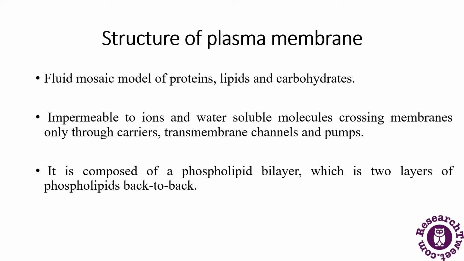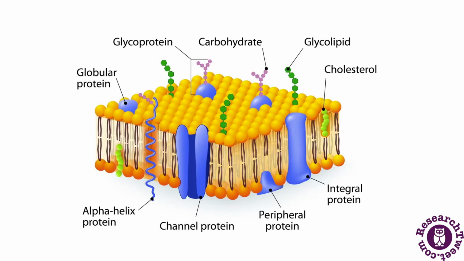In addition, the plasma membrane has a lipid layer, cholesterol, sitting between the phospholipids, which maintains the fluidity across a range of temperatures. The plasma membrane also has membrane proteins, including integral proteins which pass through the membrane and act as membrane transporters, and peripheral proteins that attach to the sides of the cell membrane. It is selectively permeable to organic molecules and ions. It regulates the movement of particles in and out of the organelles and the cells. So this is what the structure of the plasma membrane looks like.